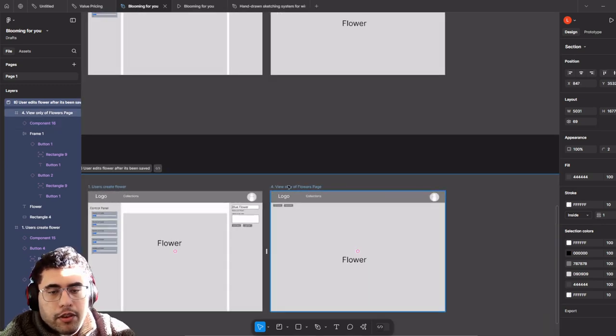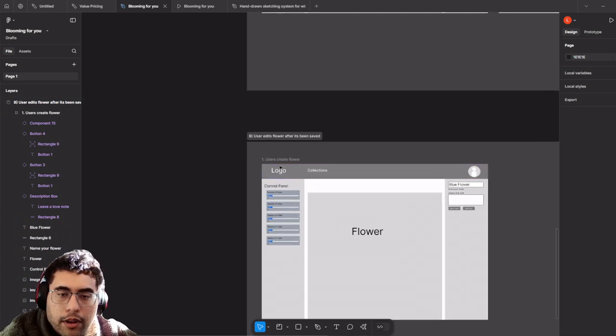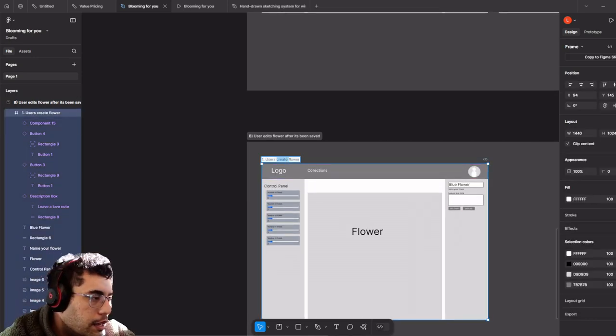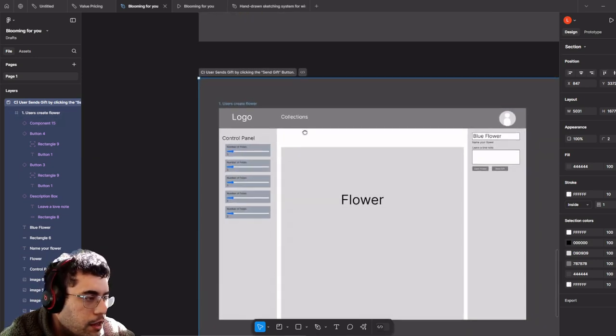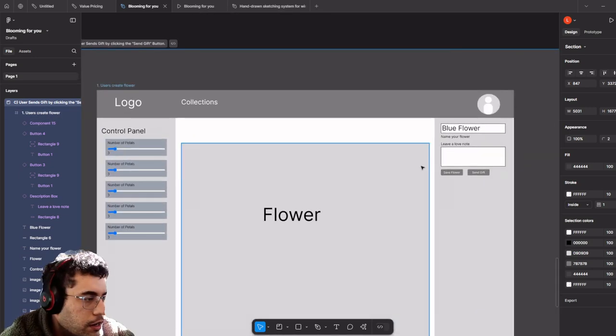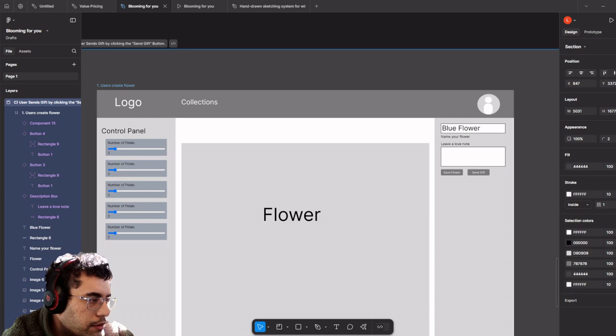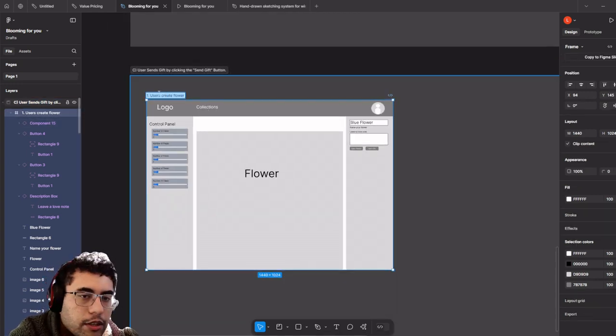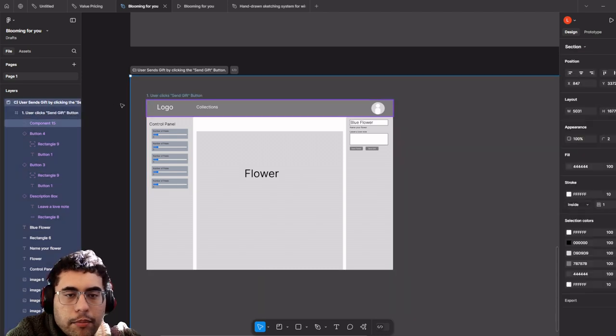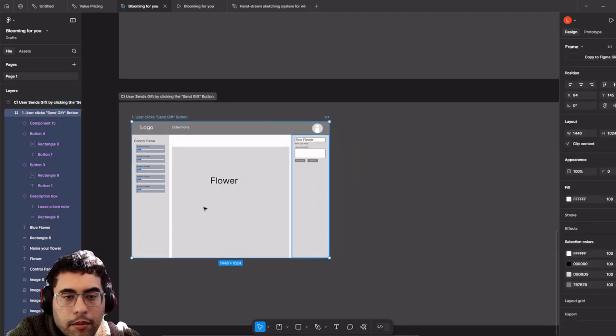I'm going to get rid of the view only now here, and then we're going to come back here and label this correctly. So C, it's user flow C. The user will click edit the flower. Oh, no. User will click send gift button. A pop-up will appear. So we're going to do step 1, user clicks send the button. All right. Then I'm going to copy this